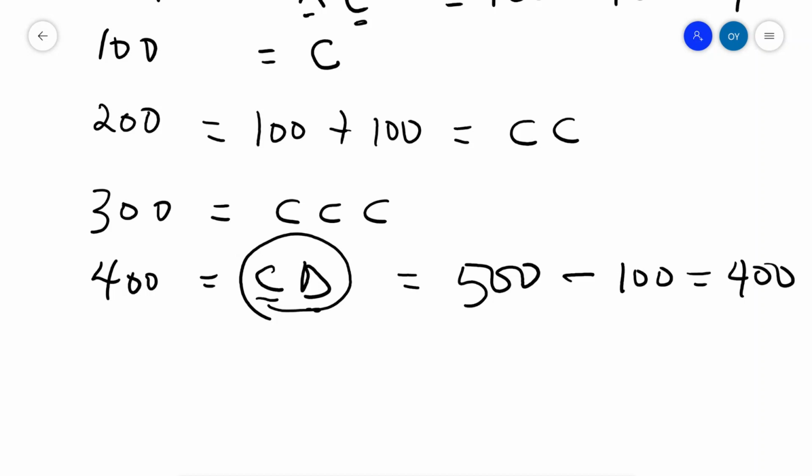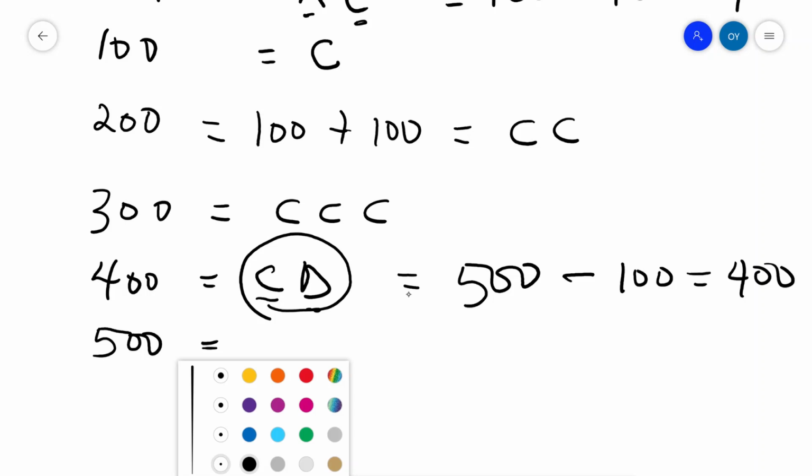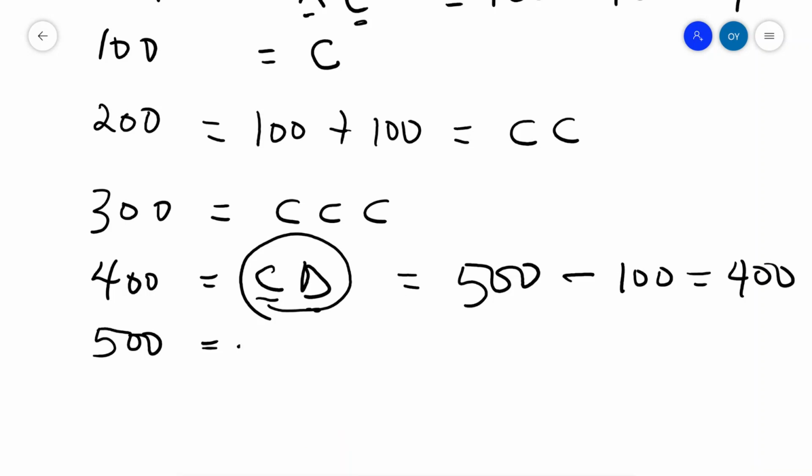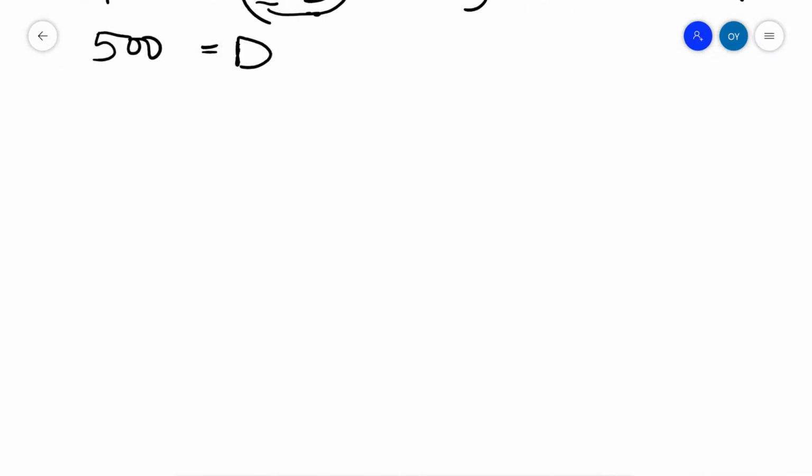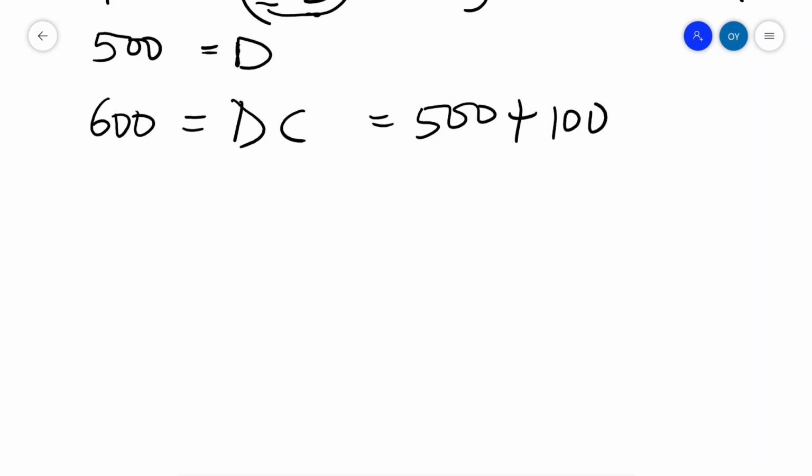Then 500, we know 500 is D. Then we can write 600 to be DC, meaning 500 plus 100. Then 700 is DCC,